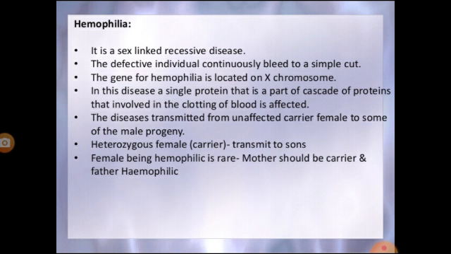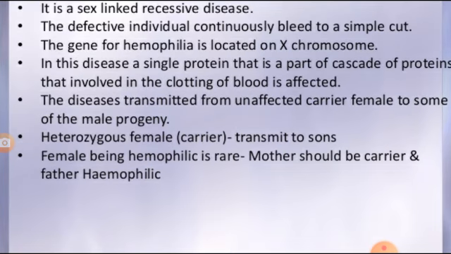Students, hemophilia disease is caused by the recessive gene denoted by X raised to the power h, and is located on the X chromosome. So females have two X chromosomes. For them to be hemophilic, it is necessary that each X chromosome has a gene for hemophilia. It means both X chromosomes should carry it. However, such females are never born, as the combination of these two recessive genes is lethal.